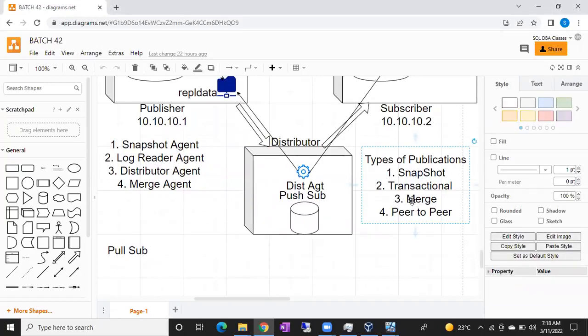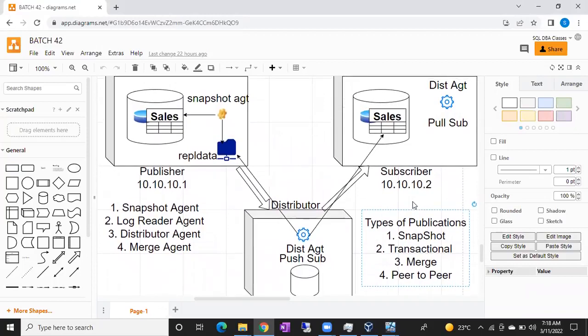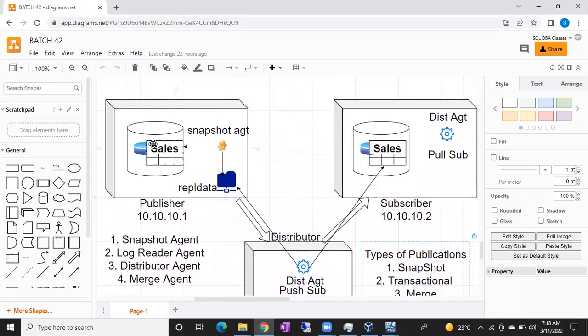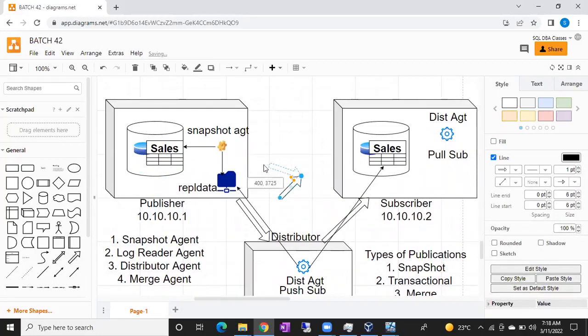I'll explain what is meant by unidirectional and what is meant by bidirectional. I hope we have already discussed that, but again I'll explain, guys. Unidirectional means if you make any changes on the sales table, those changes will be replicated to your particular subscriber table, guys. Of course, there is no direct flow, but I'm just explaining. From publisher to subscriber the data will flow.